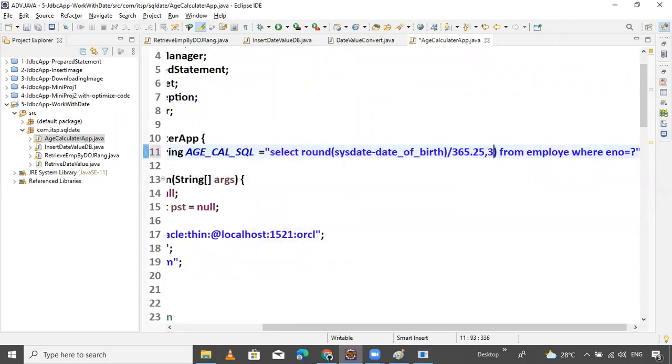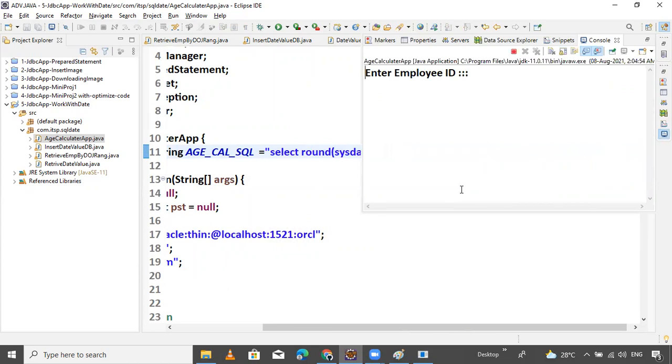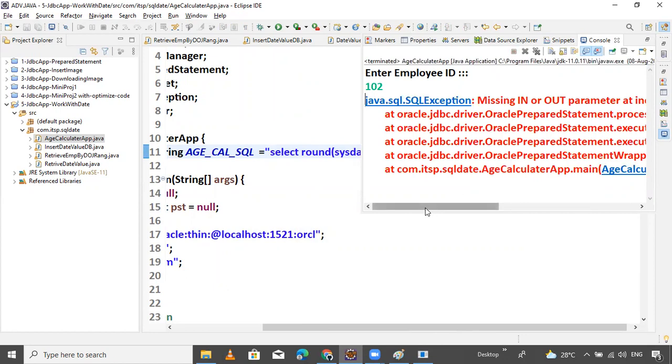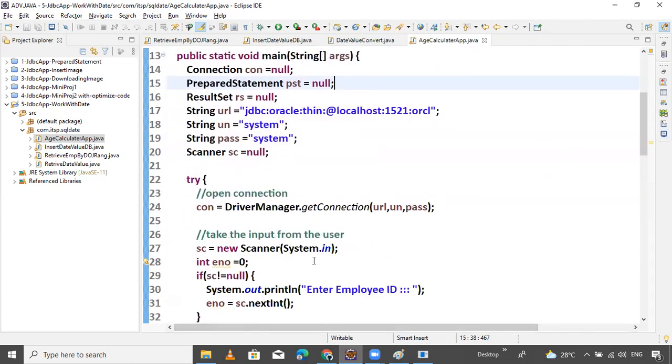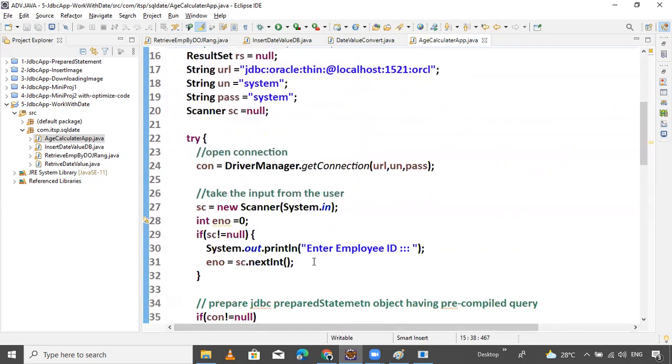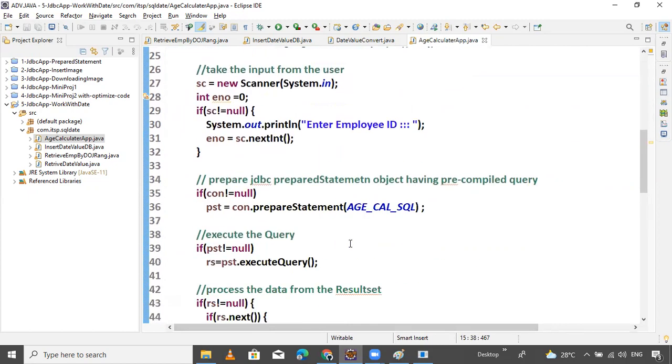Let's check it out. Missing in out parameter, index one. Let's check it out, guys. Somewhere I think we made some mistake inside the query.